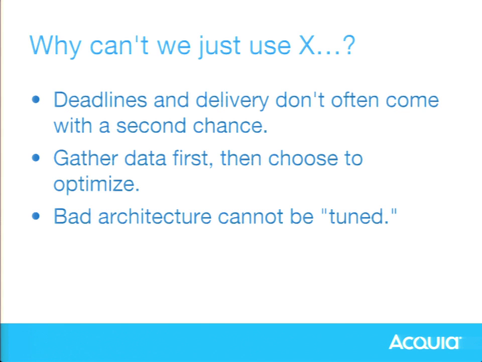The data that you are gathering, which is very valuable, not all data is or should be actionable. So we'll touch on this a little bit later, that caching isn't always actually the right answer, and we'll give some examples around that. But it's important to have the data to inform your decisions, but it shouldn't always dictate that a decision has to come. And one of the biggest things that I think we run into a lot on really large projects is that tuning is really about making small optimizations in a lot of different places. If the architecture itself has structural issues, that's not tuning, that's rebuilding parts of the site, and that gets really expensive.